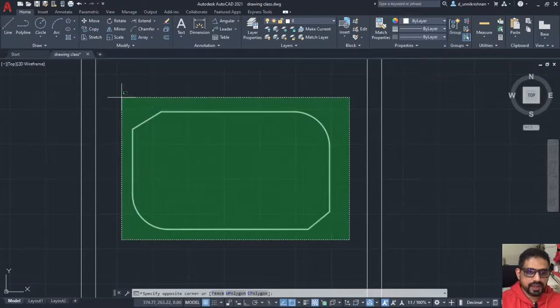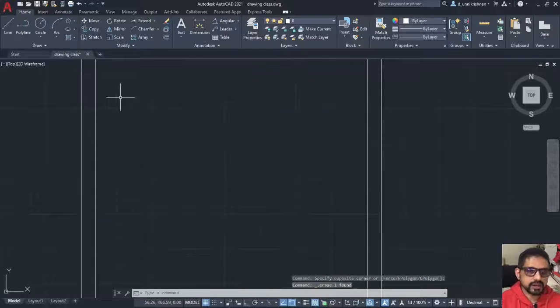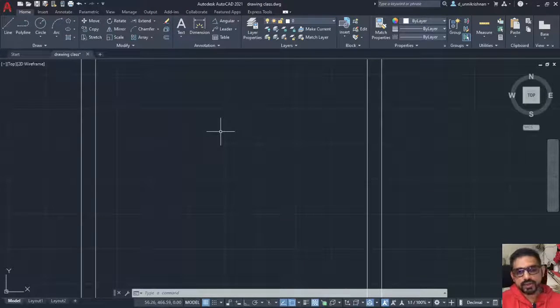Now let me define the next important set of commands, array. Generally you come up with some patterns that you would like to repeat over a plate or something like that. Say for example, you have seen your computer cabinet boxes, there you will find a lot of small holes put on the cabinets to allow air to flow in. And how do you make those in drawings? It is very simple. You use array. Let me use the command array.